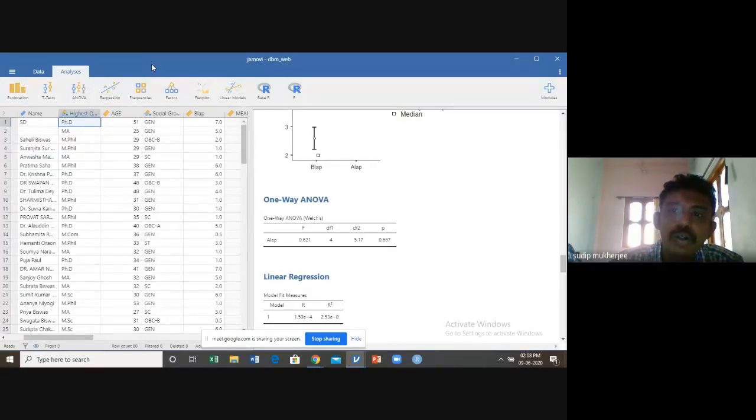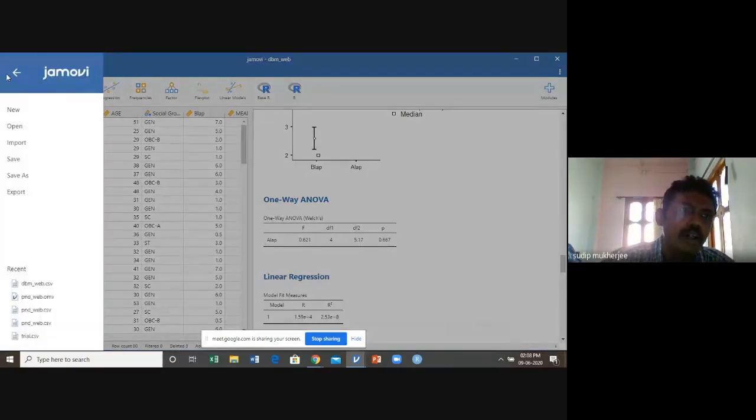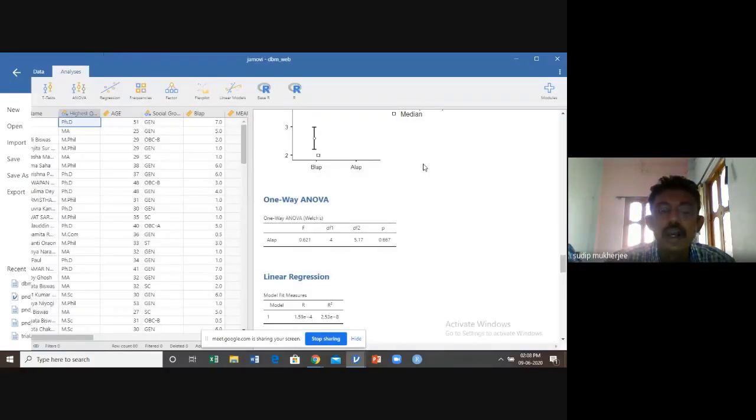Just like in other packages, output is saved in a different format in a different file. But in Jamovi, data and output are both saved in the same single file. Using save as or save, you can save this, or using export, you can export this.